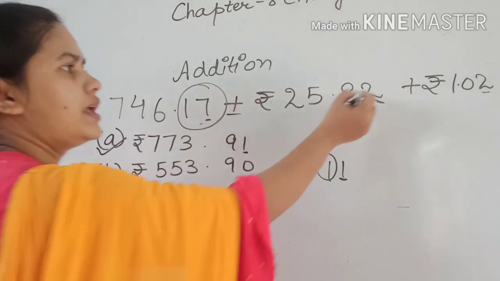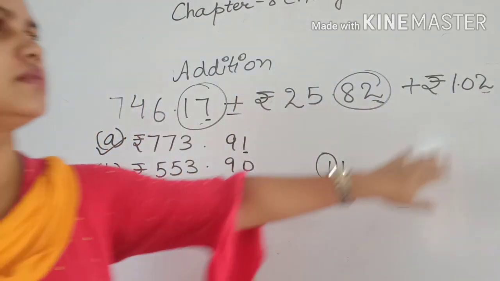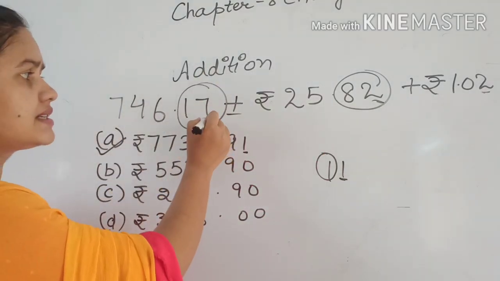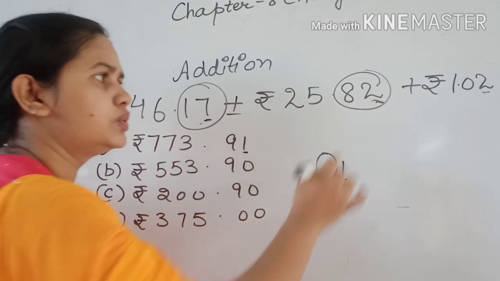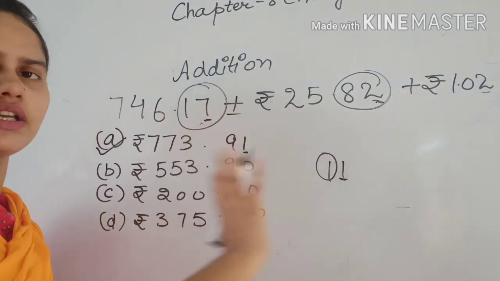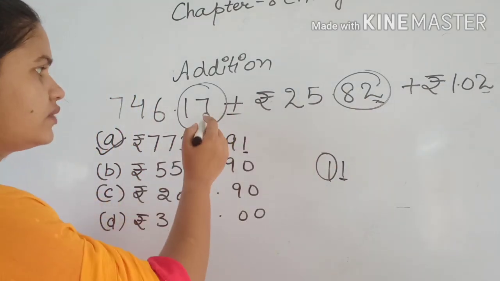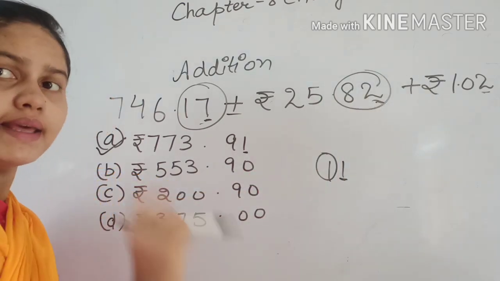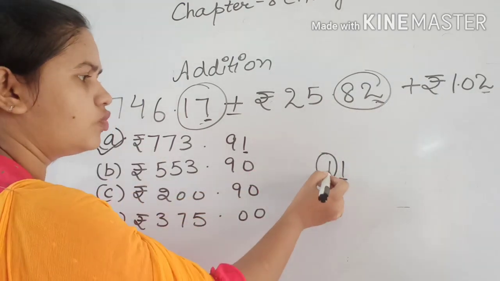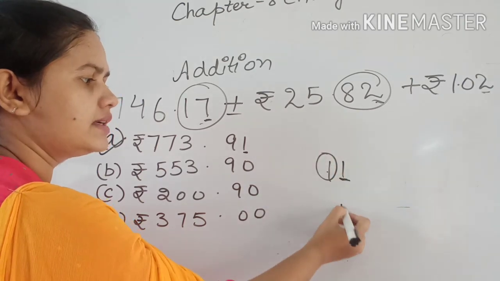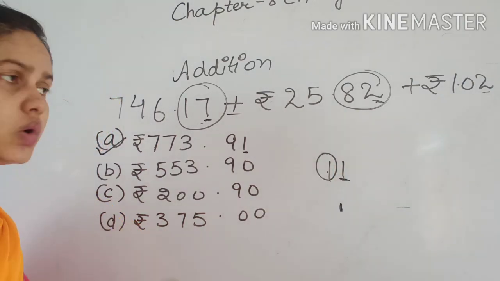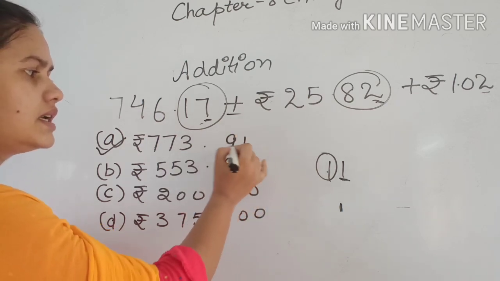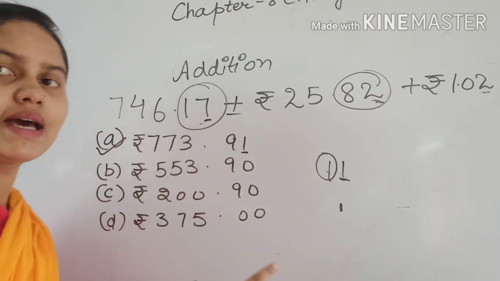So these all are paisa. Now you can see 02 is paisa. Now we have the last digits 7, 2 and 2. So let's take the addition of only these numbers. So when we have 7, 2, 2, as I add, this is 11. So 11, 1 goes to carry, but 1 will be taken below. So this one is our last digit. So by this digit, I have guessed which one is our right answer.